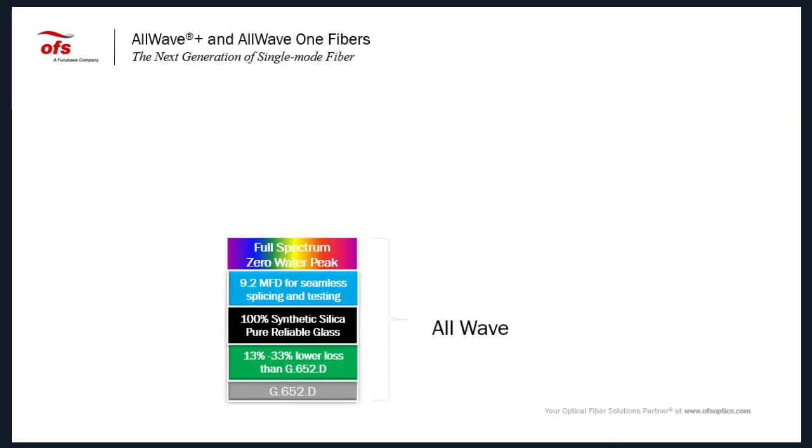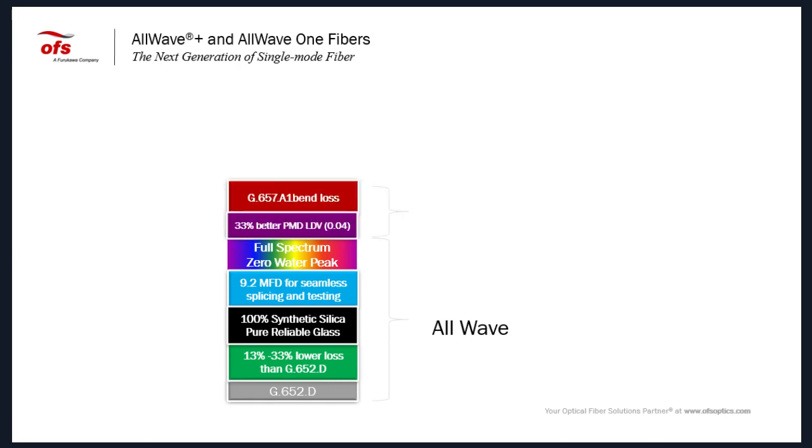For our standard single mode optical fiber, we start with the All Wave, and it's even better than the standard itself. The G652D is the standard, the basic standard. Our fiber is 13 to 33% lower loss, and of course it is made out of 100% synthetic silica, pure reliable glass. The MFD is 9.2, seamless for splicing and testing,